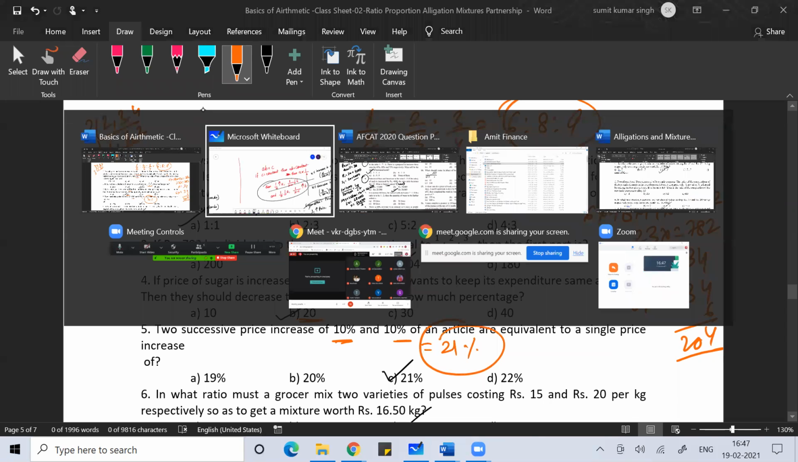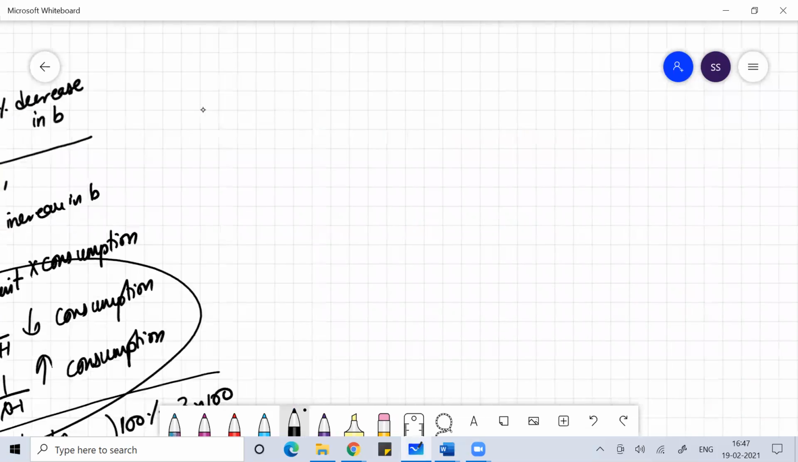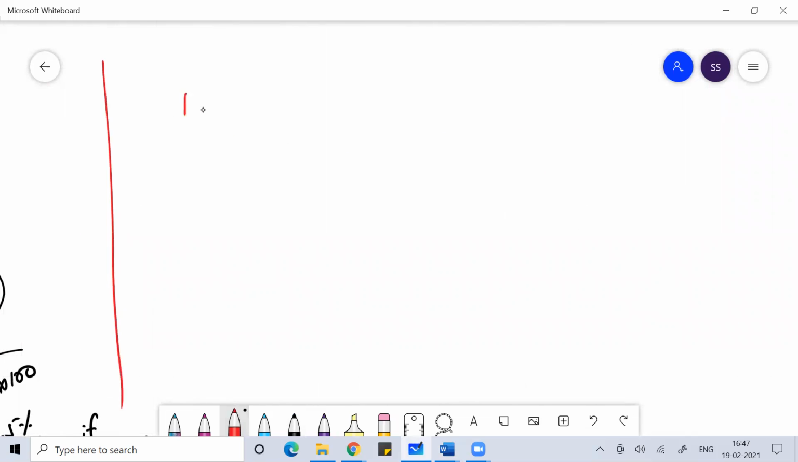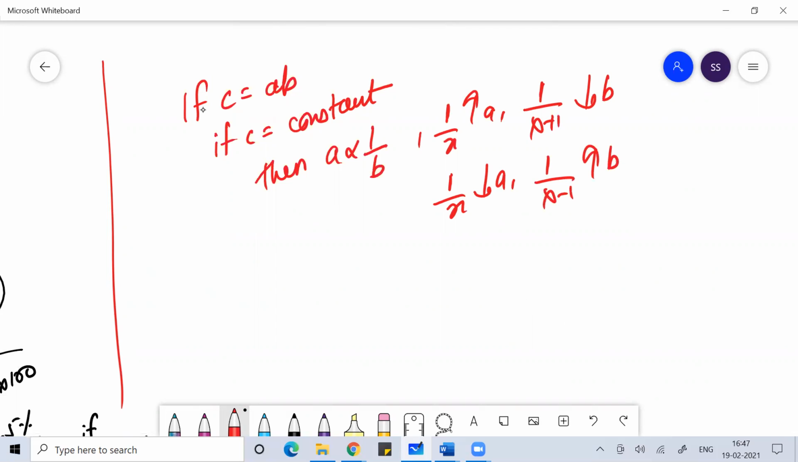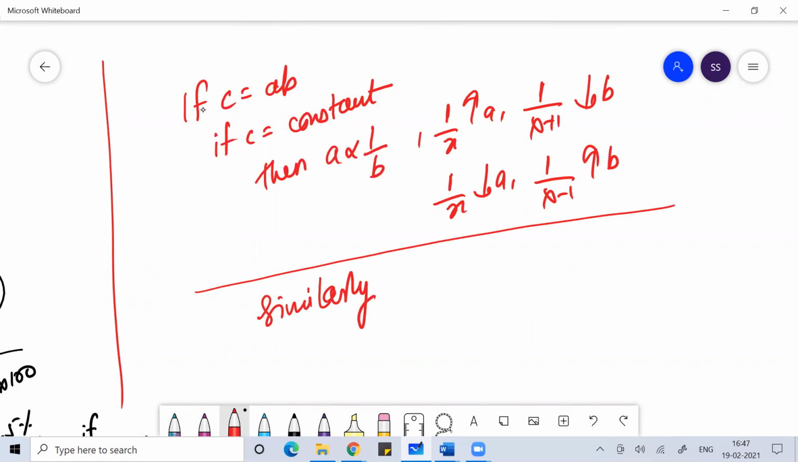Remember this. So in maths, if C is equal to A into B, and if C is constant, then A is inversely proportional to B, and if A is inversely proportional to B, then 1 by x increase in A will bring 1 by x plus 1 decrease in B, and 1 by x decrease in A will bring 1 by x minus 1 increase in B. You know this relation. Okay, similarly,